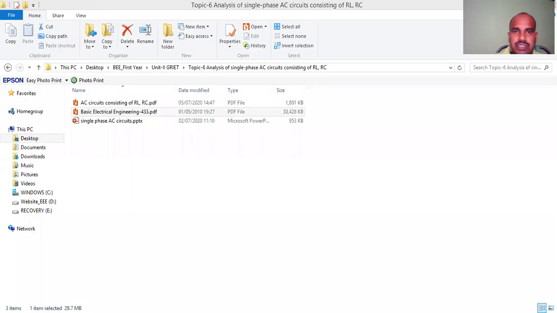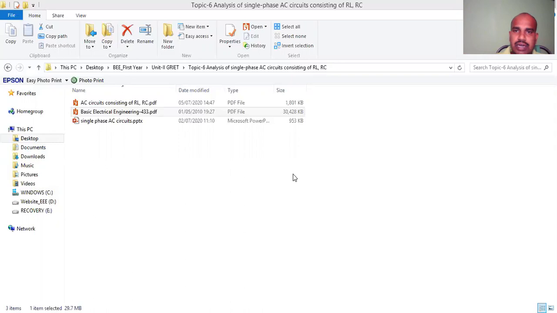Okay, the problem: the circuit diagram is a combination of VR plus VL. This is an RLC circuit. The current I equals 4.44 sin 2 pi f t in a series circuit. The resistance value is 100 ohms and the inductance is 0.31 Henry. Find the voltage across R, VR, plus VL, and the total voltage.